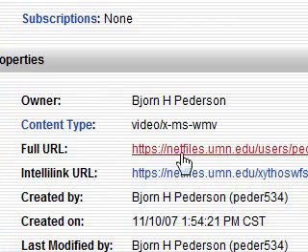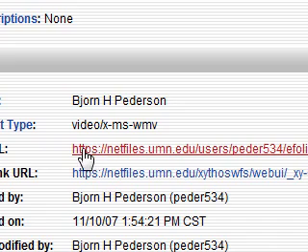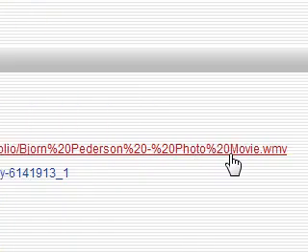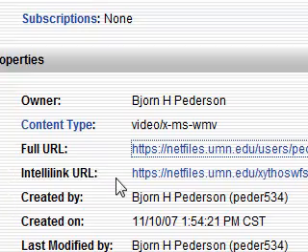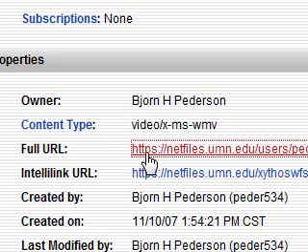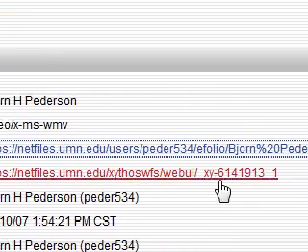So what we're going to do is grab the full URL. I clicked too fast for the share thing to go through. What we're going to do now is take this link. I'm copying the link location as it is, the big link, not the IntelliLink URL. We're going to take the full URL, because this one down here gets mixed up sometimes, and so it doesn't always point to the right place, and